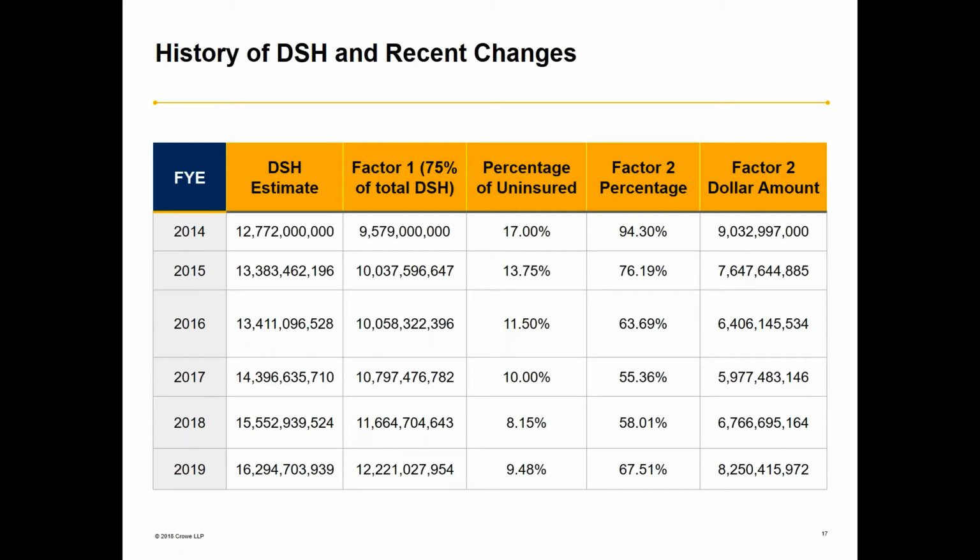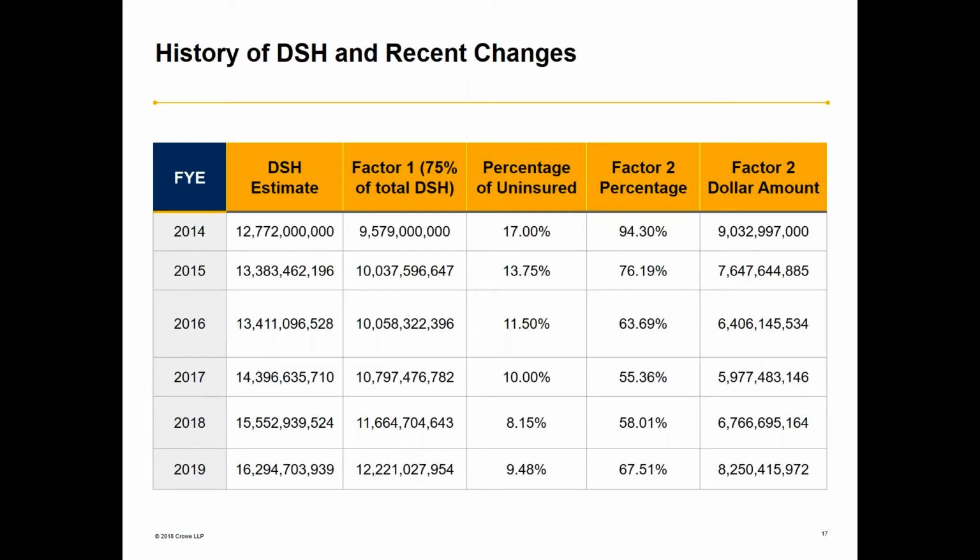When you go over to the next column, you can see that factor 2 percentage. This is based on that uninsured number. That was 94.3% in 2014. Again, it continued to go down throughout the years, and then crept up in 2019 because the percent of insured went up. So that factor 2 percentage, which is based on the percent of uninsured, is then multiplied